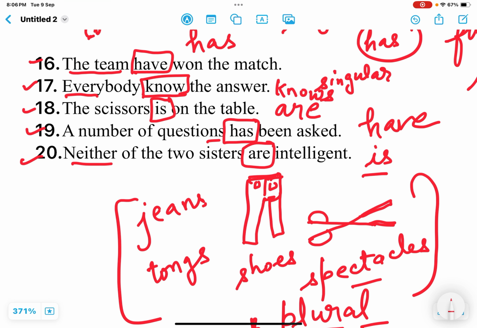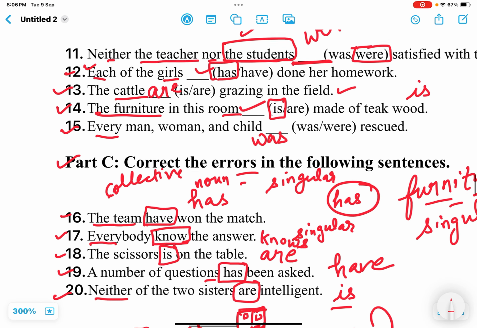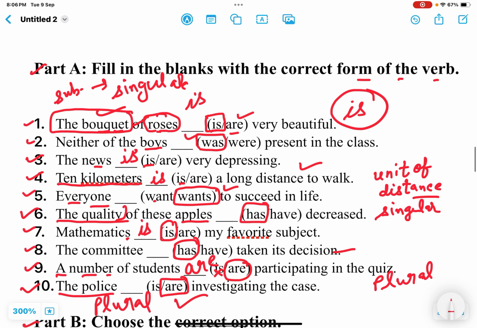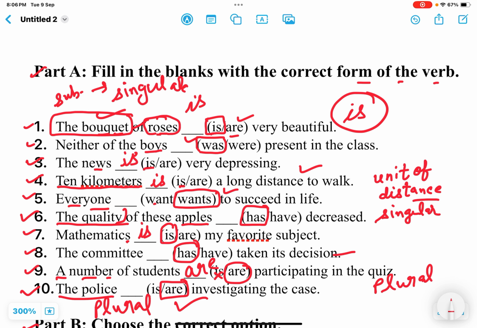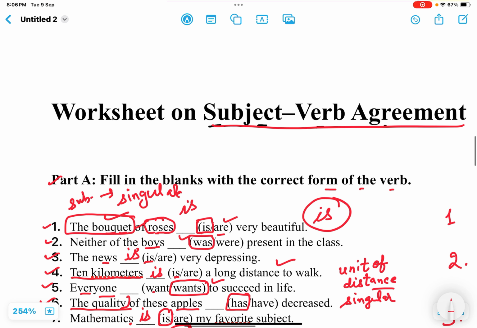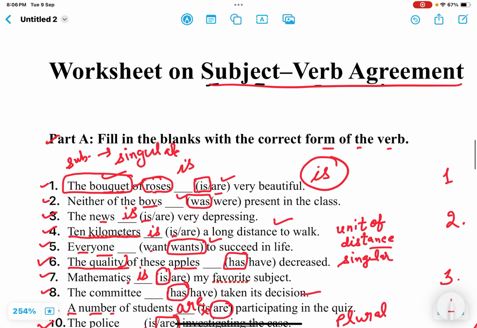Okay. So this was the worksheet related to the most important topic of English grammar, that is subject verb agreement. Because if we understand this topic, then the tenses will also be more clear for us, more easier. What I mean to say is, if you practice 10 to 20 questions every day of any one of the topics of grammar like subject verb agreement, modals, then after a few days, you will feel more confident in solving grammar worksheets.